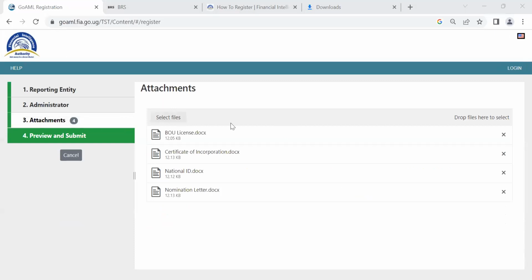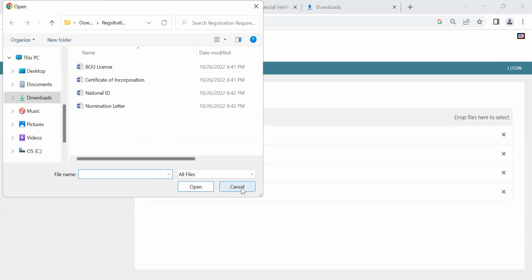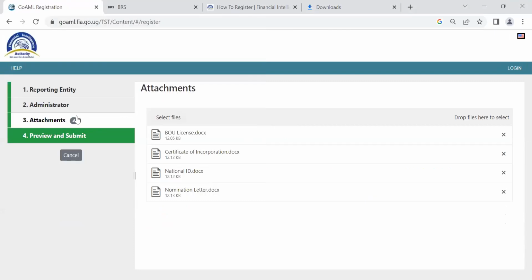Hi, Ivan. Can I submit later? Because I completely shut the page. It's okay. Which website do I use? Go to the FIA website. Under goAML, choose goAML test environment. Remember, we're doing training, so choose test environment.